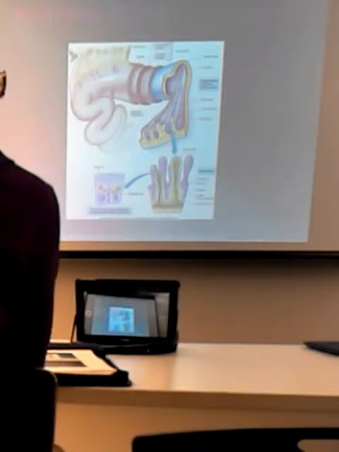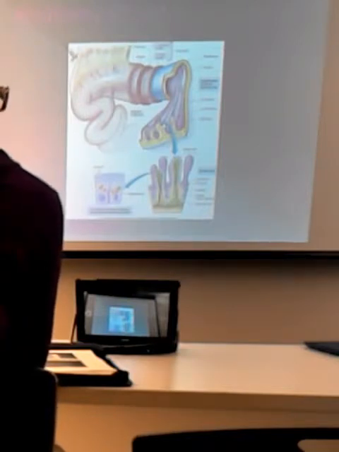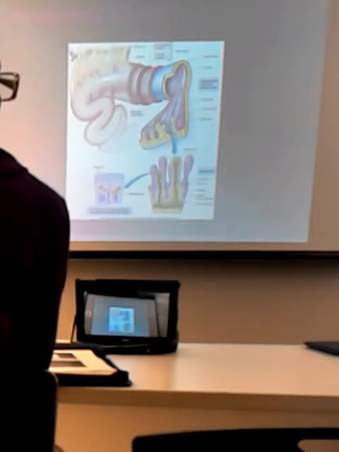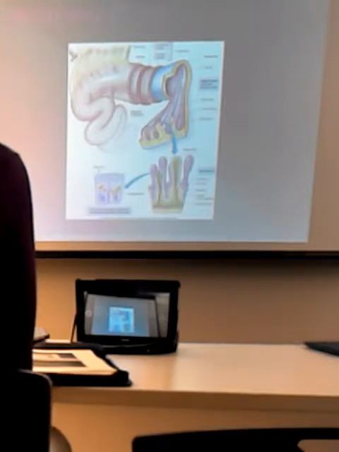Okay. And then at the brush border, that's where all the money's at. So I'm going to put a dollar sign. That's where all the money's at. What do you mean by that? That's where we break down stuff into individual or dimeric. Dimeric, what the hell does that mean? 2 molecules put together. Okay? So break down stuff into individual or dimeric